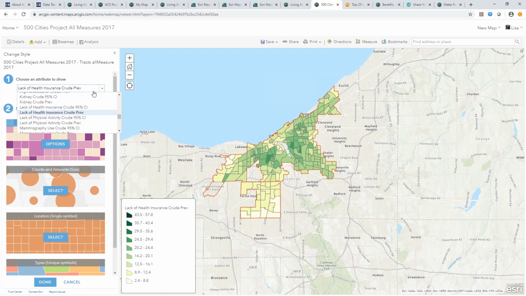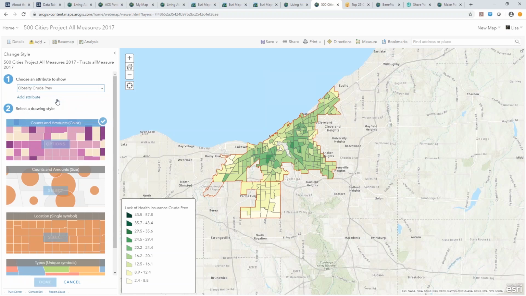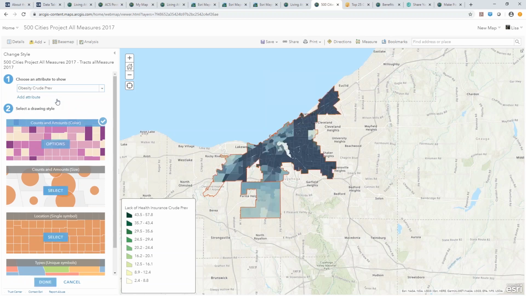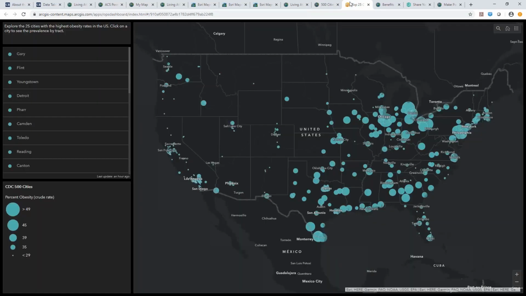But just like we did with the ACS layers, we could change this map to one of the other 26 indicators and immediately start exploring and learning how our city might be doing in comparison to another city. And so I just showed you in just a few clicks how to make this map differently. And I'm going to show you a dashboard that was actually created from this exact layer that we just saw